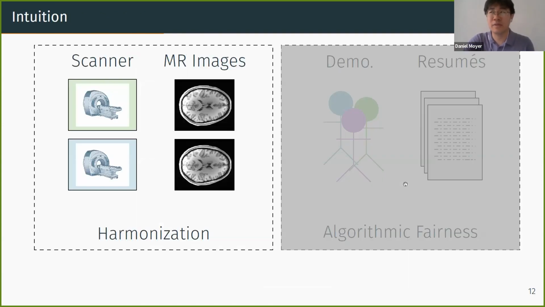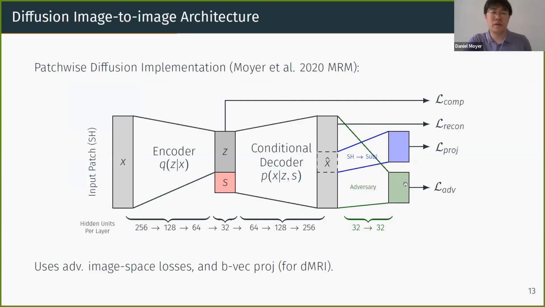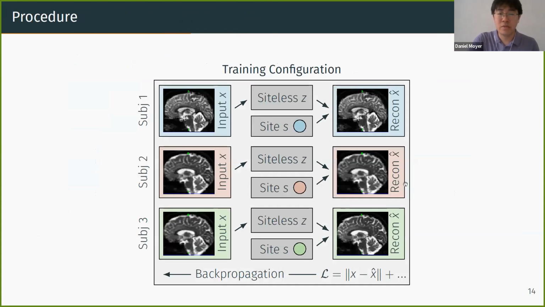How does this relate to neuroimaging? Between scanners, we now want to create a harmonized scanner or a harmonized data set that doesn't have site effects. So we can create this same autoencoder, and this one's a little bit more complex because it's for diffusion data. We won't get into the details of that, but it's basically an autoencoder. And we'll train it on the regular site data. So this doesn't require supervision between sites.